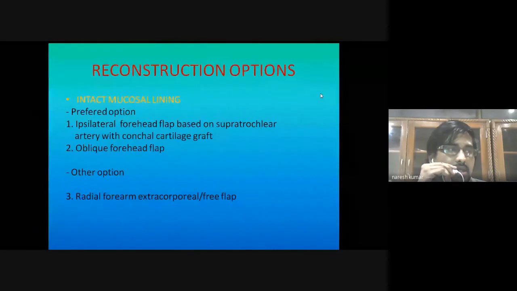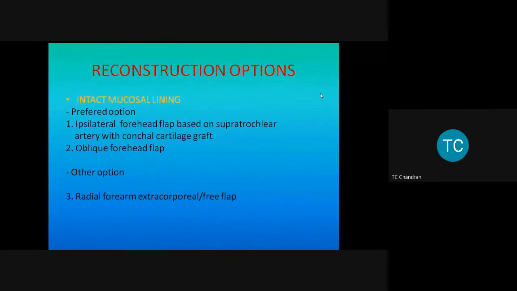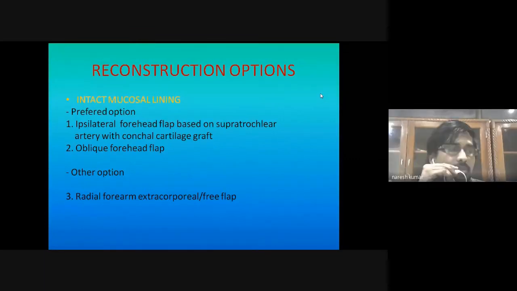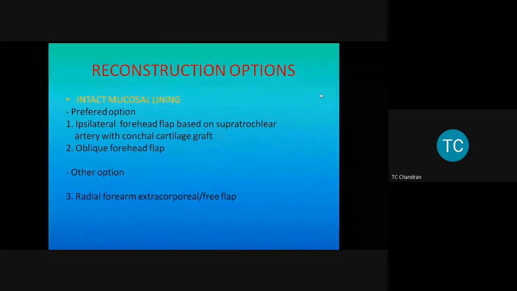The incision should be horizontal. How can it be? Your flap is vertical, isn't it? So the incision should be parallel to your flap incisions. You understood? Then only the galea will yield, and then you will be able to close primarily. So please remember, it is very, very difficult.